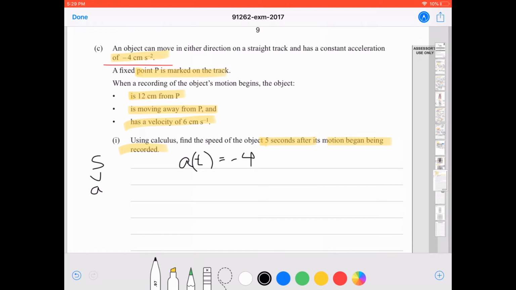Now, let's integrate to find the velocity function. V of t equals -2t squared. Not t squared, just -2t. And actually, I've done that wrong, haven't I? It's just -4t plus c. Okay, so